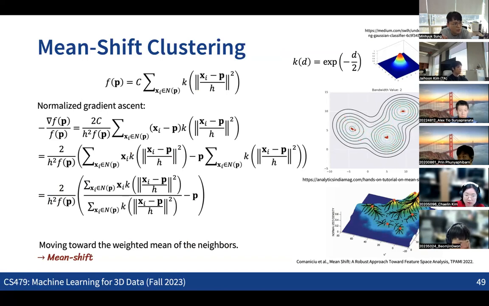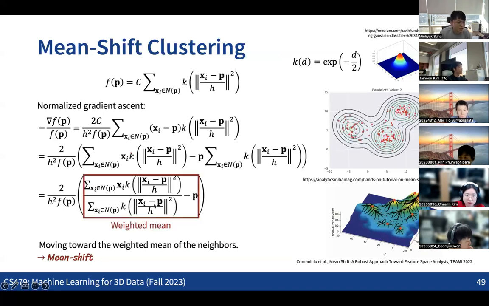So how can we calculate all this gradient descent? This is one specific example. When we define the kernel function like this, something like the Gaussian distribution, and run the gradient descent, it becomes nothing but taking the local neighbors for each sample, computing the mean of the local neighbors, and then moving the point to the mean of the local neighbors. That's why this idea is called mean shift clustering.